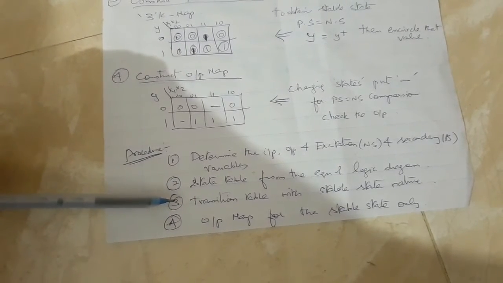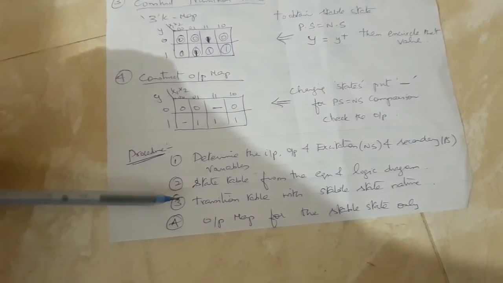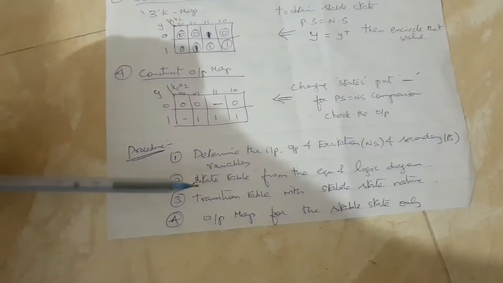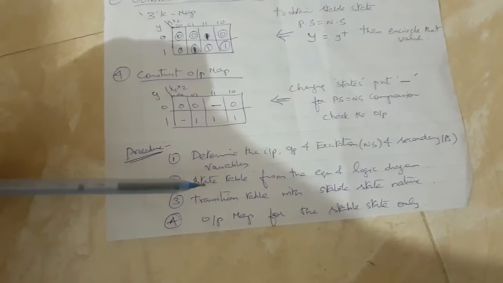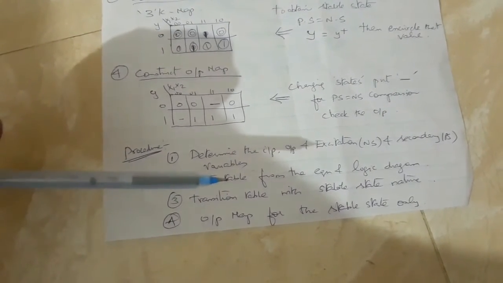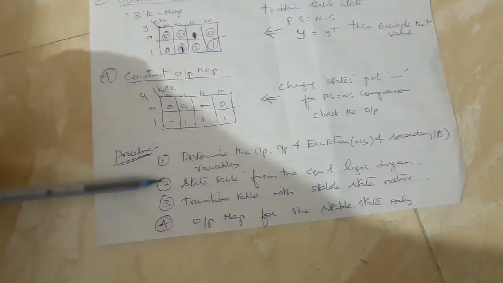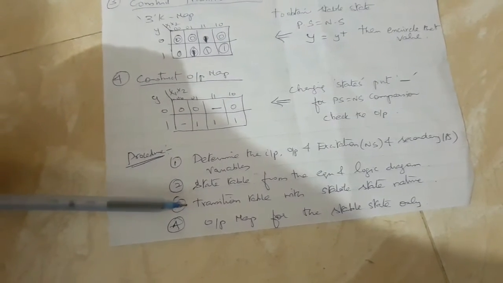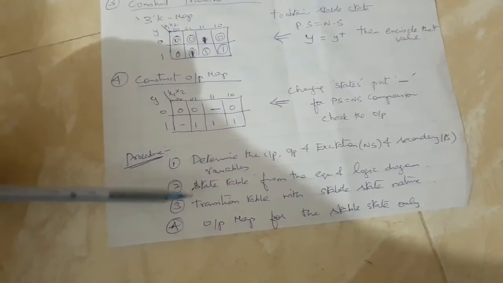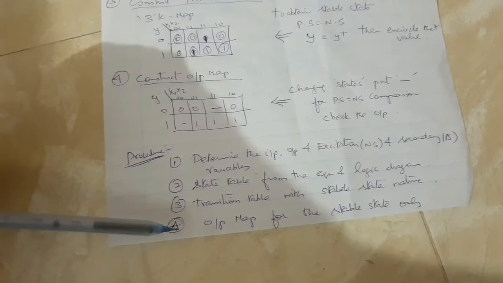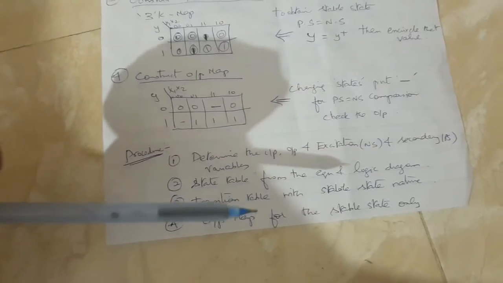From the state table, we convert in terms of a transition table. These transition tables are nothing but tables which are provided with a stable steady state value, which means that whenever the steady state value is attained, the condition is a stable condition. Ps is equal to Ns. At that moment, output will be taken from the circuit. So the transition table helps us to identify the stable state condition, and the transition tables are usually made up of binary values. Then we'll move on to the output mapping, which will say about the steady stable condition.